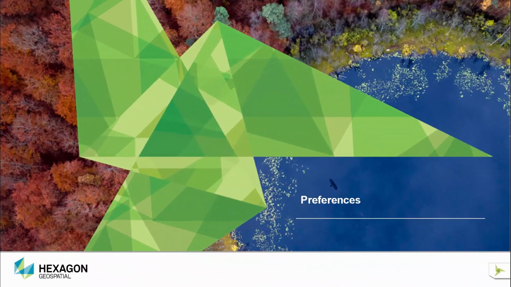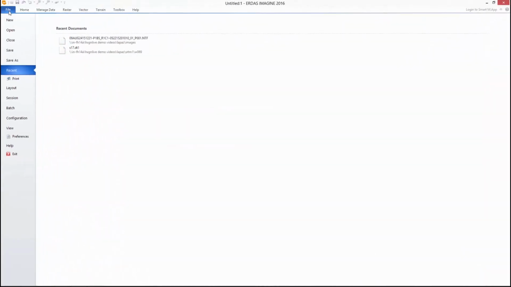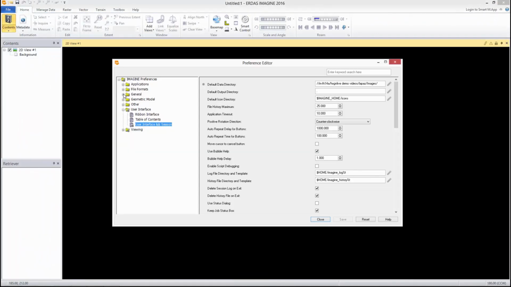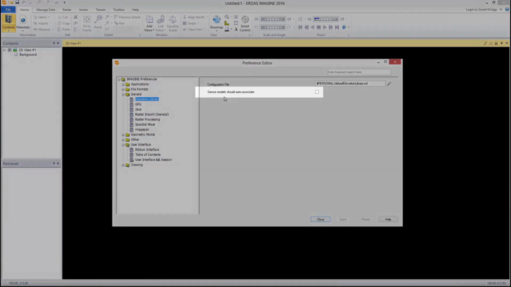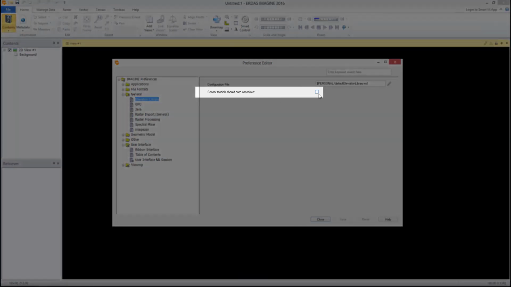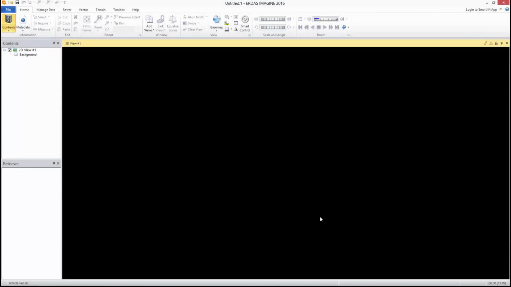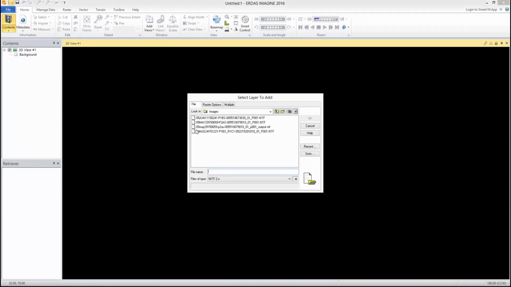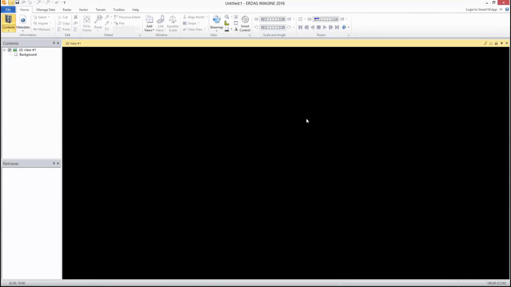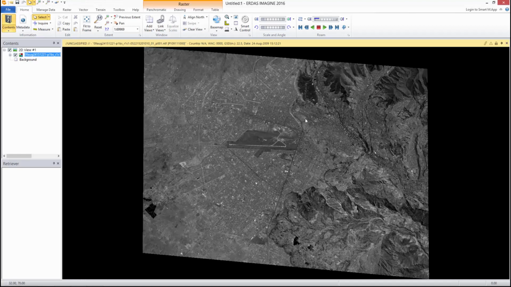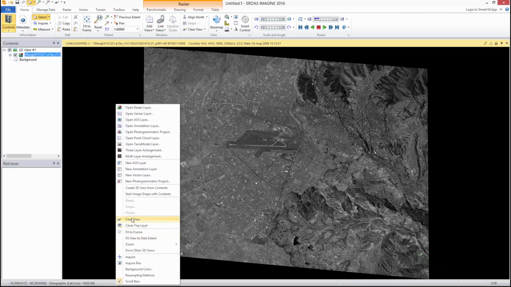Let us see how to auto-associate the sensor model information stored in the image. This can be done using a preference present in the elevation library category in the preference editor. By default, this information is not taken into consideration when we display an image in the viewer. The elevation part in the status bar is blank, and hovering the mouse over the image will not show the